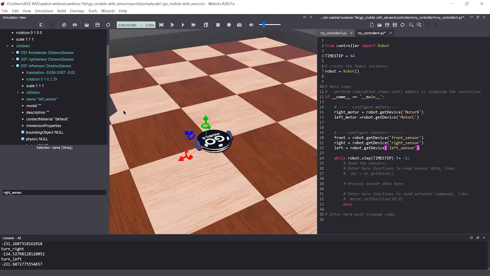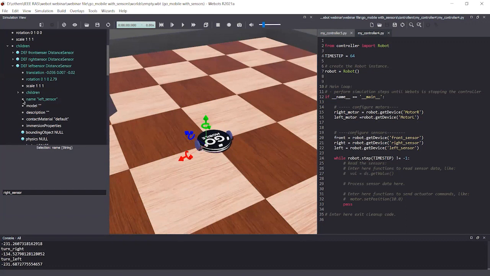So now what I'm going to do is save this text file. You can go to this icon here called save the current text file. Now I want to take this controller file as the controller of this robot.